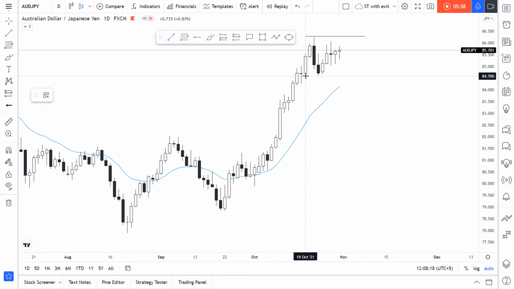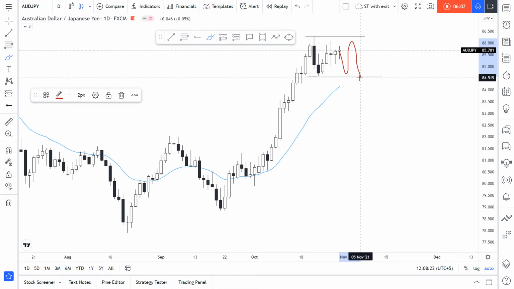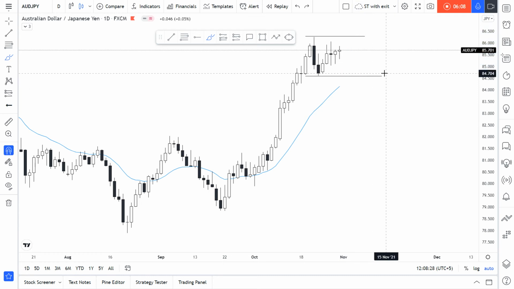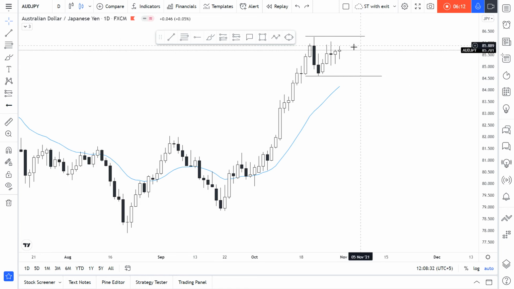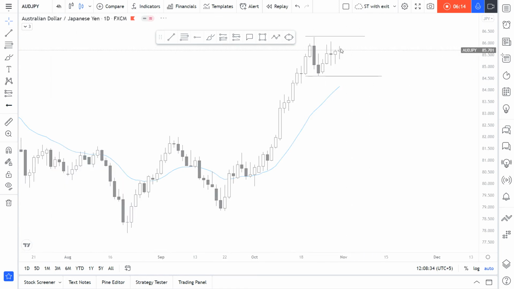We can potentially see some more ranging over here until the 20 EMA touches the price, and then we get the breakout to the upside. This is one potential scenario. Right now I am bearish on those pairs, because